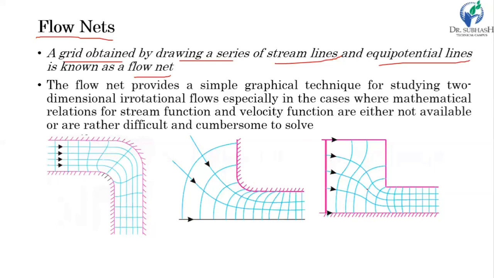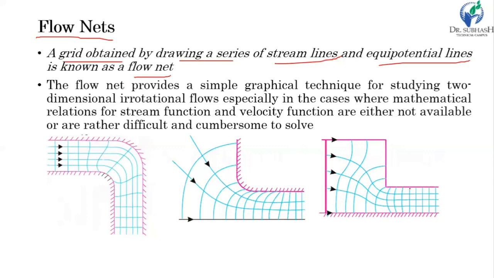And this is again a case of outlet from a big reservoir, but here it is a sharp exit. So it has a little bit different streamline. Here the streamline is very smooth, but here the streamline gets a notch. So this is the difference in the flow nets, where the outlet is curved and where the outlet is very sharp.